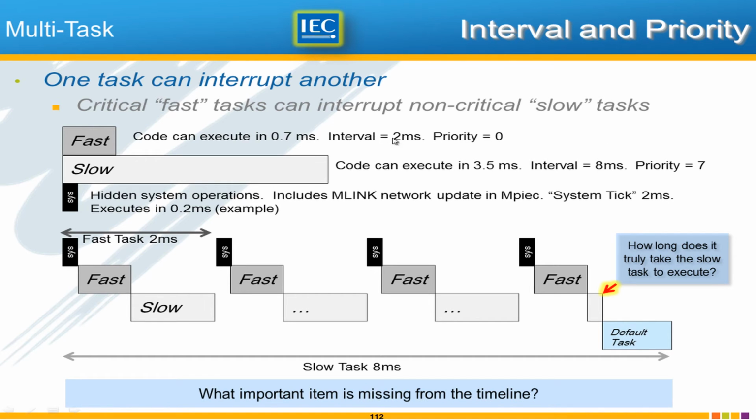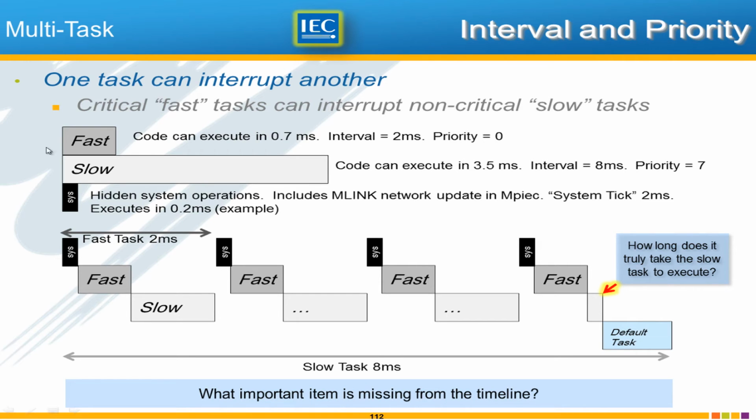And then we have also set to 2 milliseconds a fast task. So the fast task is operating, it does the entire contents of the fast task. And you see that when the fast task is complete, the slow task starts, but it doesn't have time to finish before the system has to interrupt and the fast task executes again. And then the slow task can continue, and this happens until at the very end the slow task does eventually